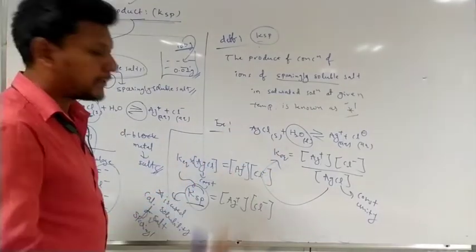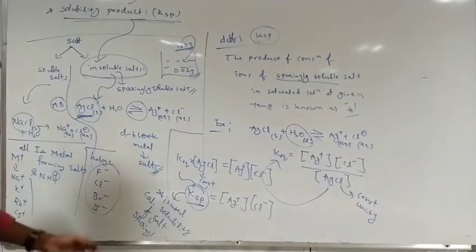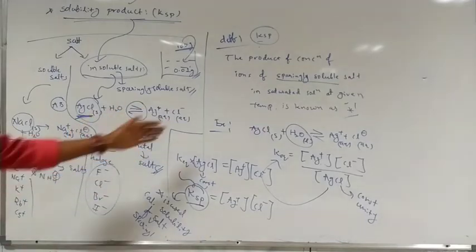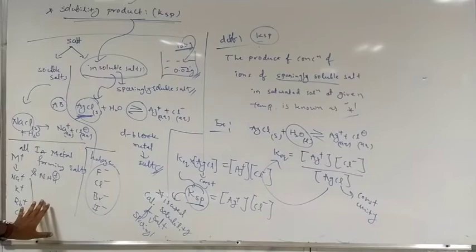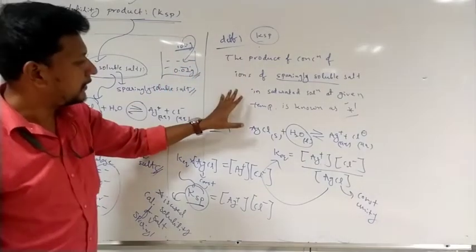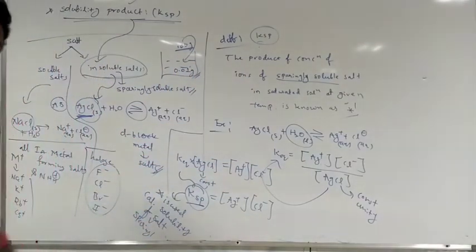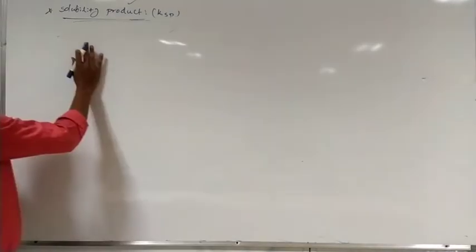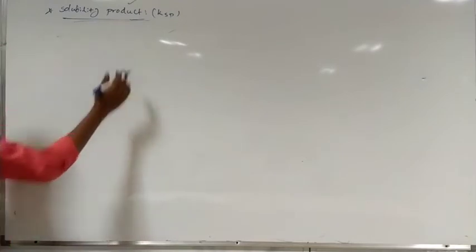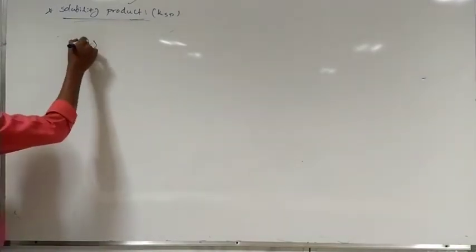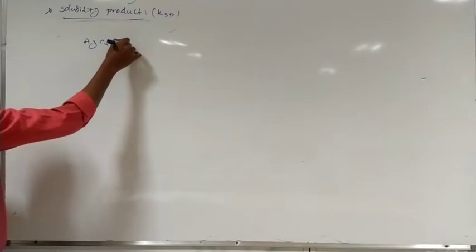This is one thing, and now we go to the next concept. First of all, note this down. You have to remember this from the examination point of view: the definition and an example. Note it. Writing the solubility product for sparingly soluble salts, for example AgCl. For AgCl, we are writing the Ksp.